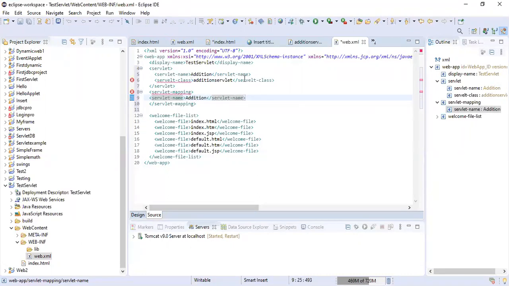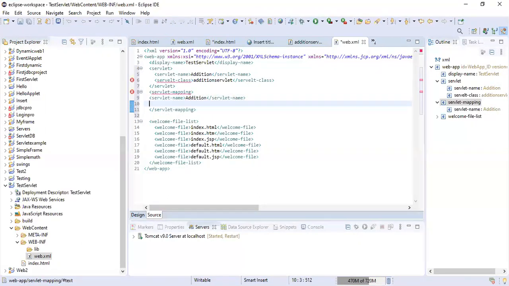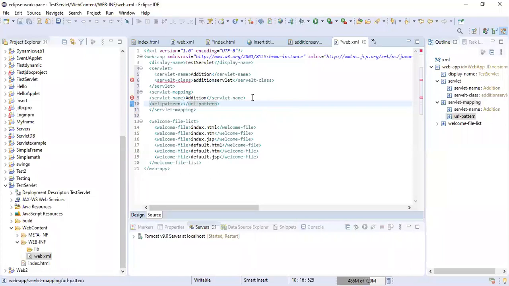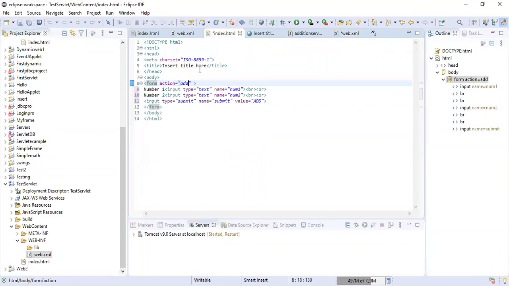And one more very important tag you have to write down, that is the URL pattern. Now this URL pattern is nothing but what you have mentioned in your HTML file. What we have mentioned in our HTML file is simply add, and that name should come over here.